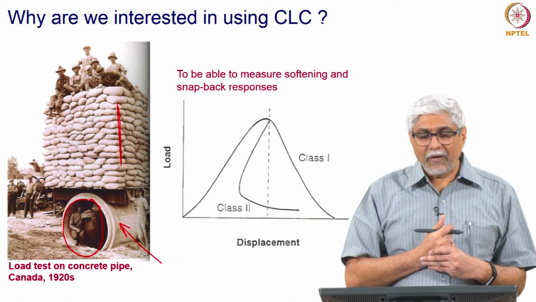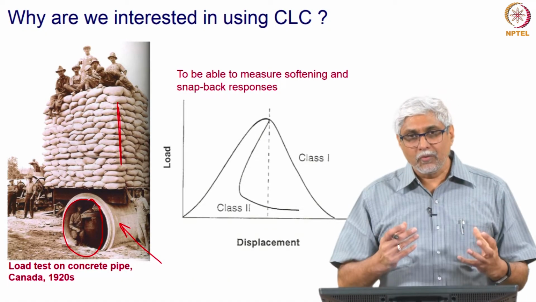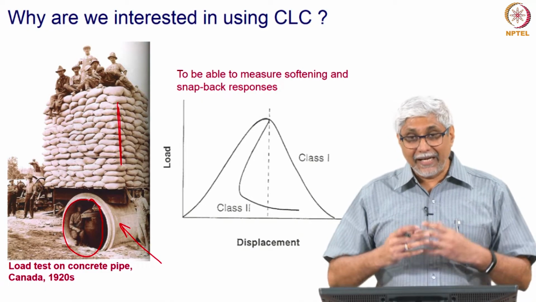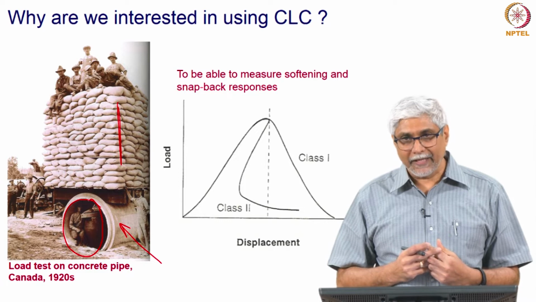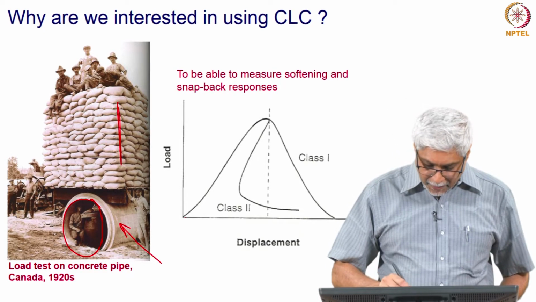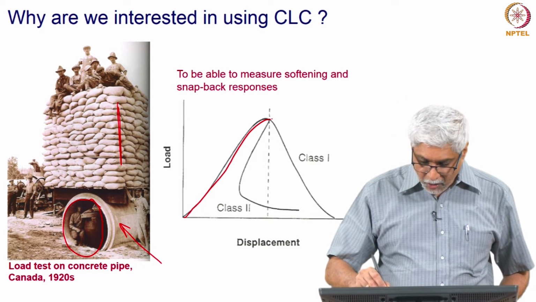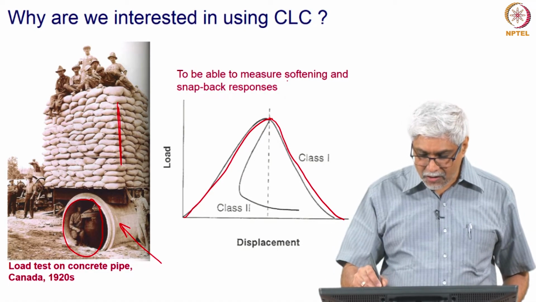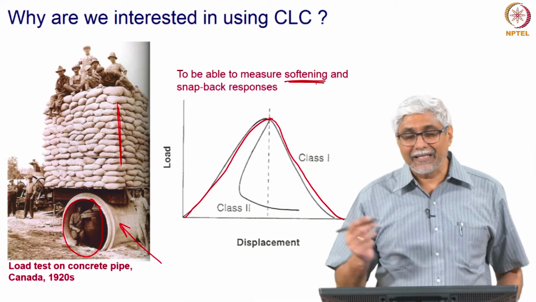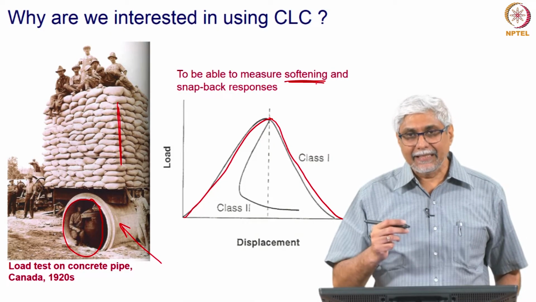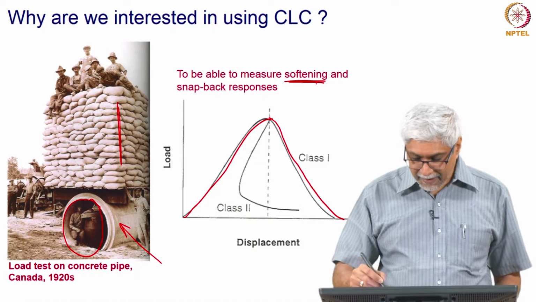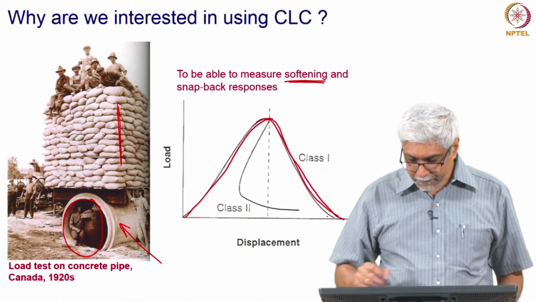However, we also want to know how this pipe or any material fails. When does it start failing? How does a crack propagate? So, we want to be able to get a response not only up to here, but also the remaining part. This is called softening, as opposed to hardening that we see in metals, where there is yield and then after yield the stress goes up, that is called hardening, and the opposite of that is softening, when you have a softening of this type.